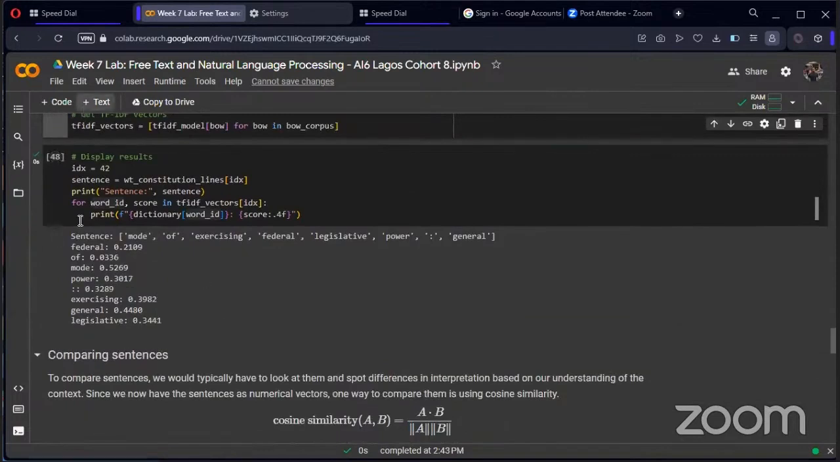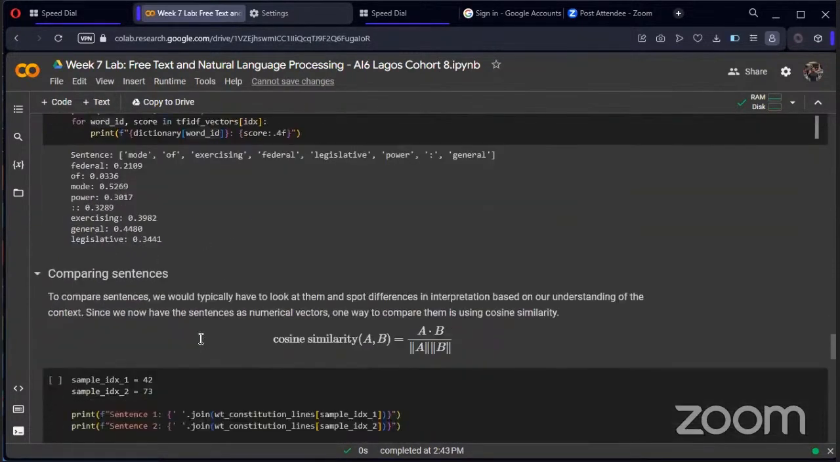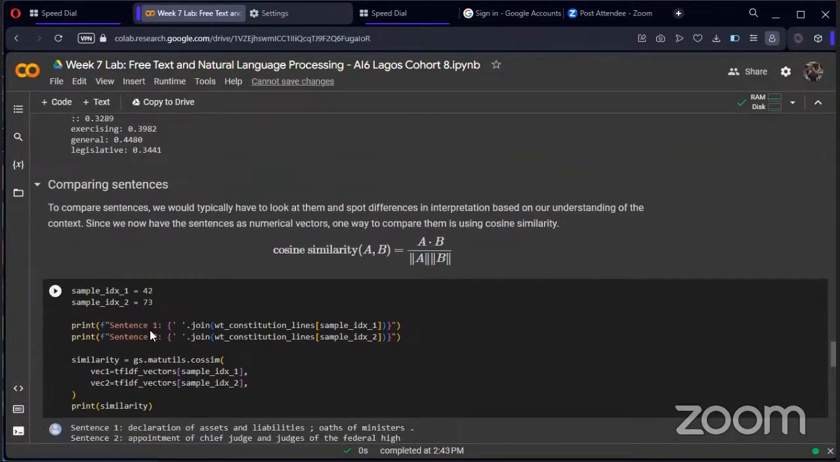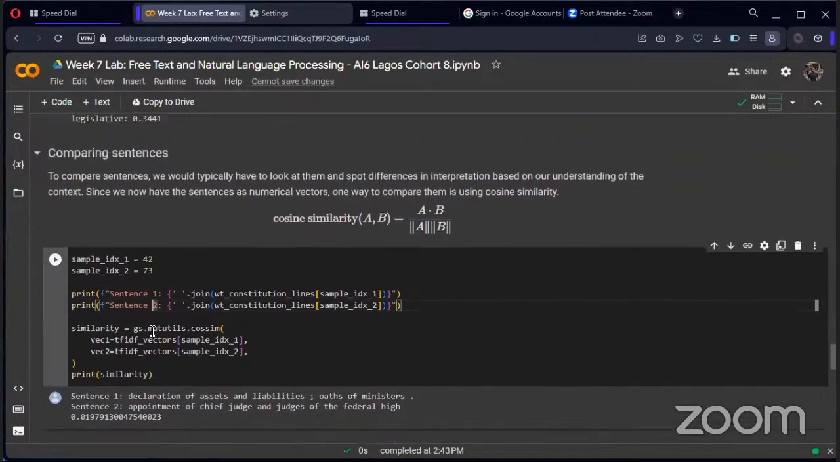So if you really wanted to use TF-IDF, you may not want to implement it yourself. You could just use their implementation, right? And yes, one more thing is